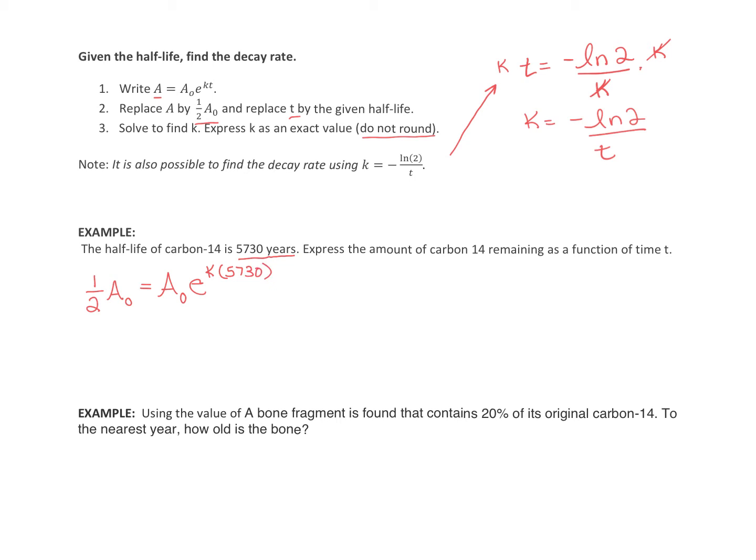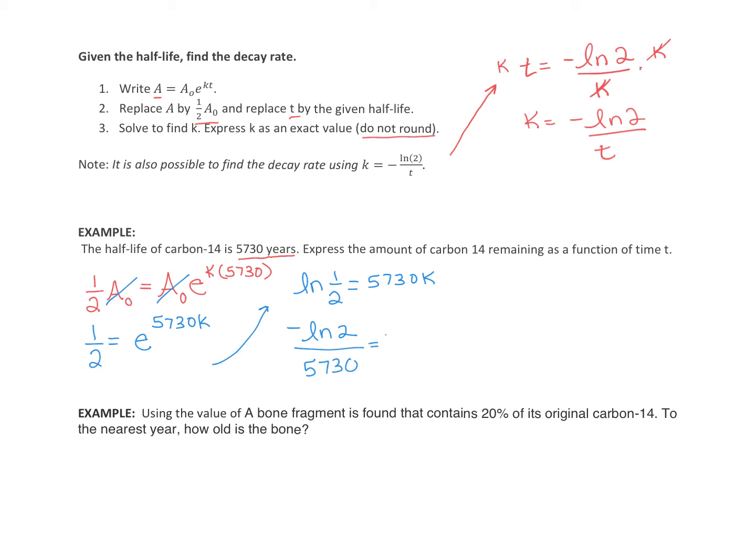Dividing the a sub 0 out, we'll get 1/2 equals e to the 5,730k, and then writing this in logarithmic form using a natural log, we get the natural log of 1/2 is 5,730k, or